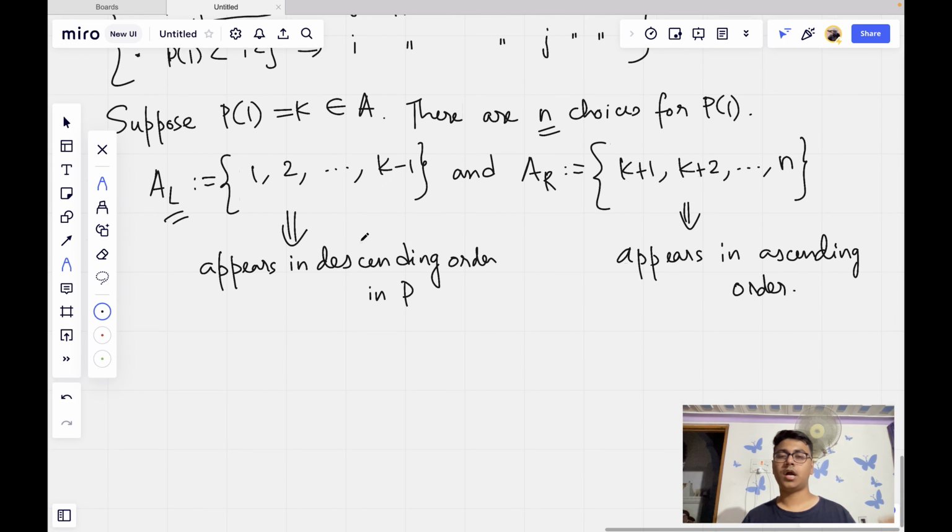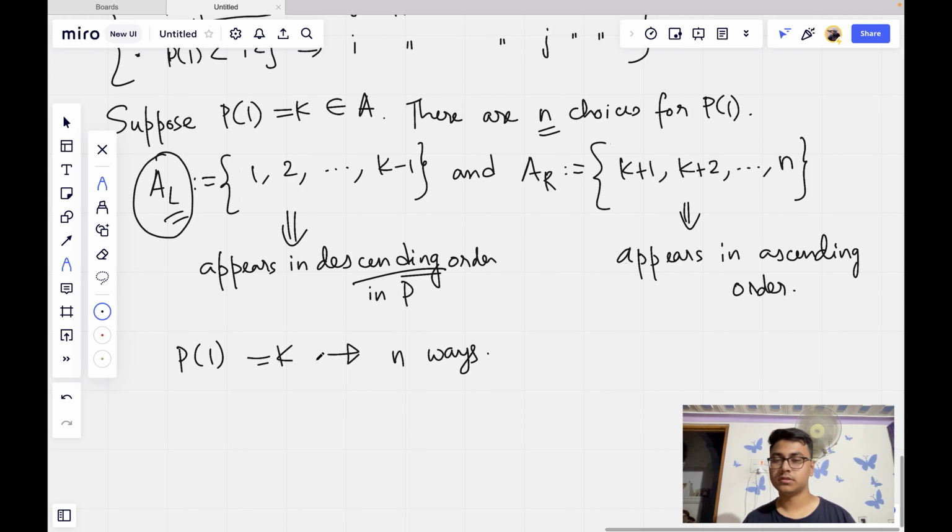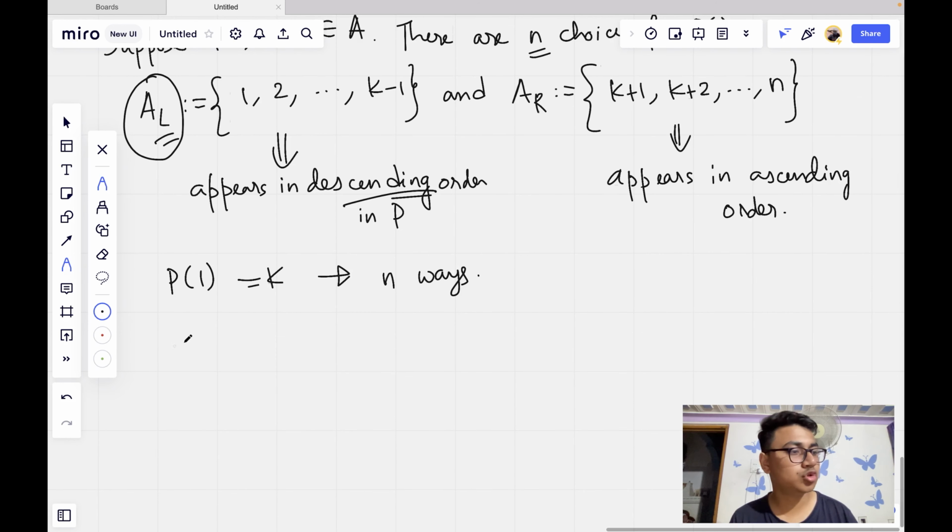So now, how do we create the permutation? P of 1 has already been chosen in n ways, right? For each of these n ways we have to select k minus 1 of the P of i's and assign them to the values in A_L in descending order. So we have to choose